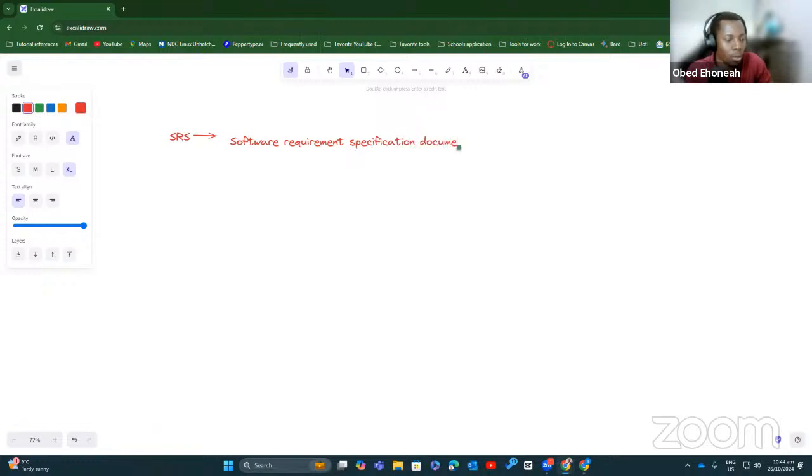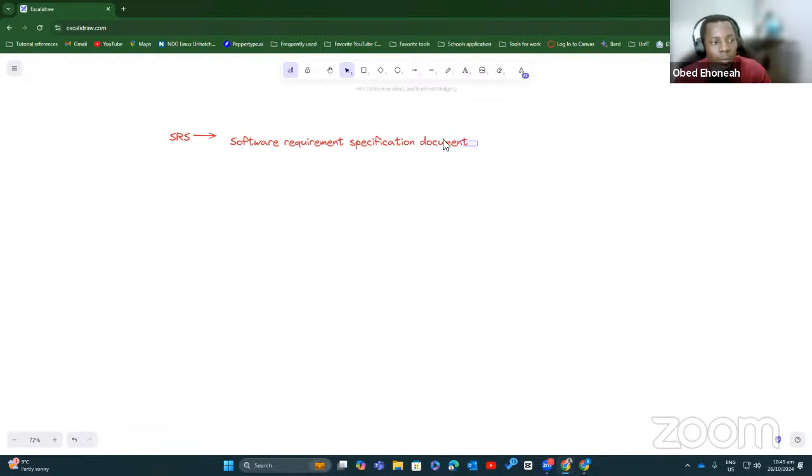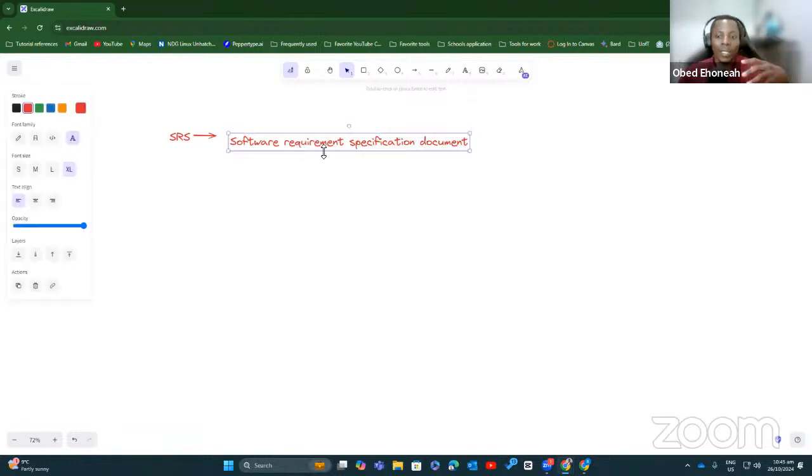Software requirements specification. So we are going to create this document. It wouldn't make sense for us to do it right now, but as I'm saying, if you are interacting with a software developer, or you are a software developer and somebody has come to you, this is my problem, I want you to solve it, build a solution for me, one of the things that you really want to do is to produce this document. By going through the software requirement specification, you'll be able to think through things.